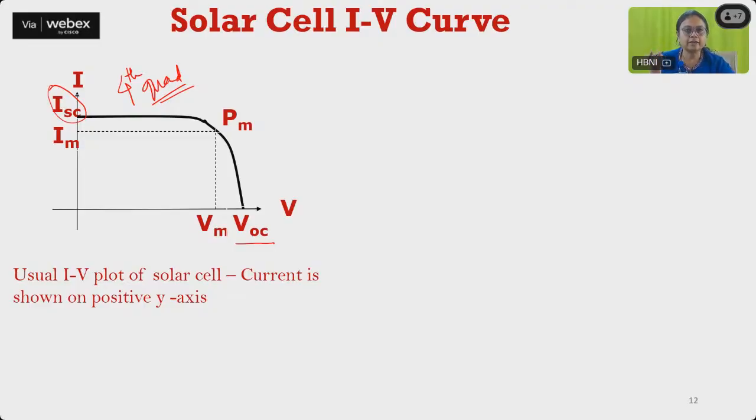The short circuit current is the maximum current which you can take out from a given solar cell. If it is shorted, there is no load. So what is the maximum current? That is the short circuit current. And if there is open circuit, no current is flowing, so what is the voltage? That is the open circuit voltage. And what is the maximum power you can